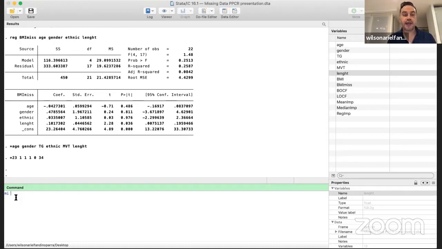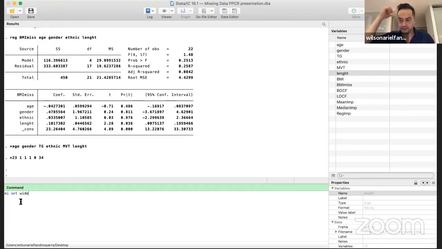So the command is mi, which is short for multiple imputation. And then you have to set your data. So mi set, and then I'm going to say wide, which is the distribution of your data that you want to have for Stata. So you may choose the long format or the wide format, in the same way that you have to choose the format for repeated measures ANOVA